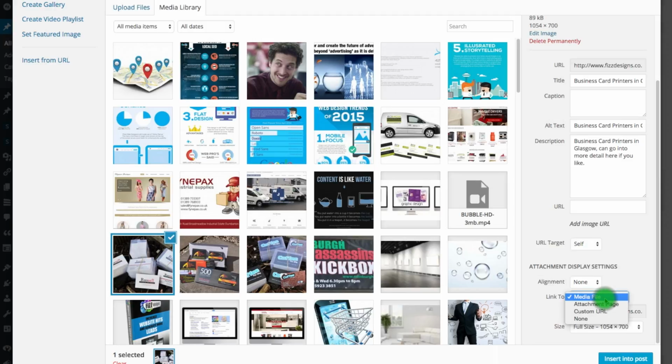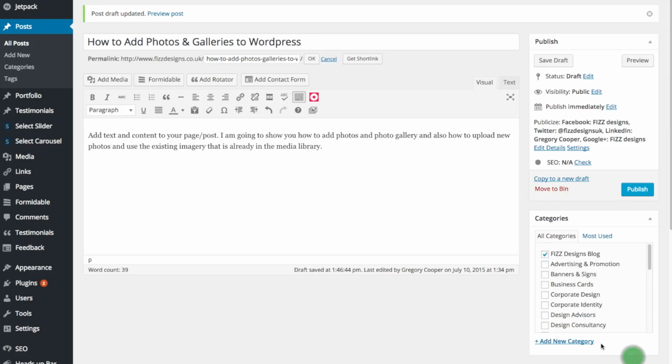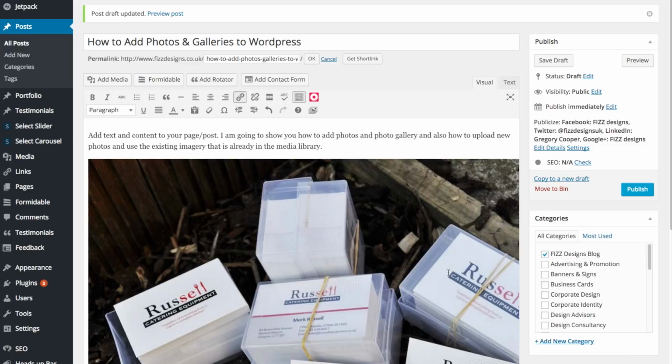Next up, we can either have it as a media file, an attachment page, a custom URL, or none. I'm going to keep it as standard at default with media file. It's now asking me to select the size. Now, I don't want it to be getting too big, so you can put it in either as a thumbnail, medium or large. I'll show you actually the three options. We'll start with large. Okay, so with large it goes in